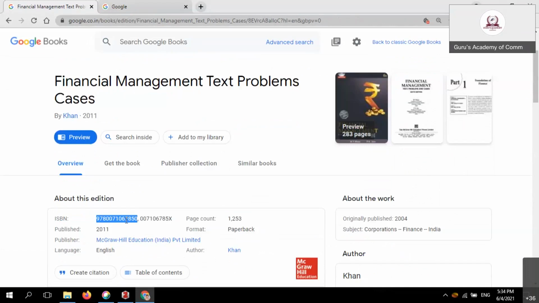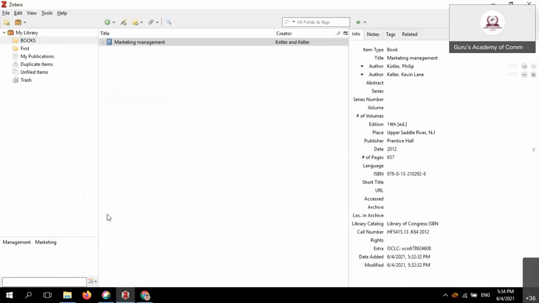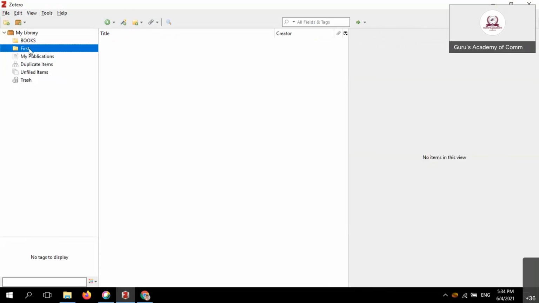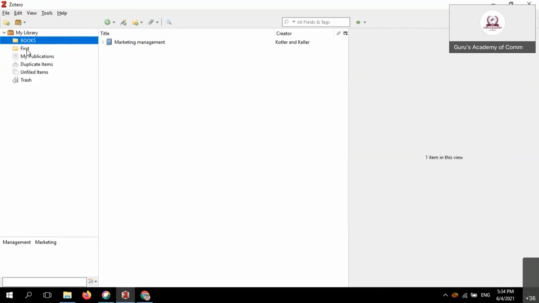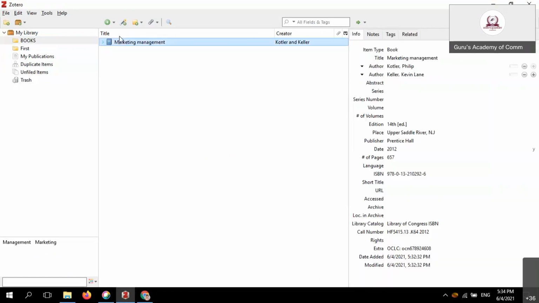Copy it. Go to Zotero. Zotero is already opened here. Simply give the identifier. Now which folder do you want? Here it is books. Now we want to enter into the books area. Paste the ISBN.